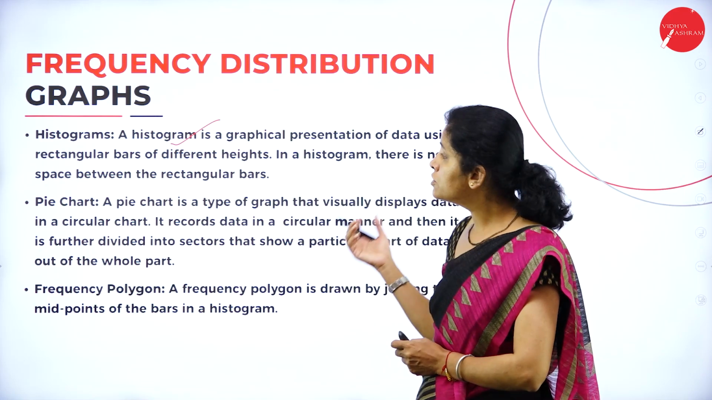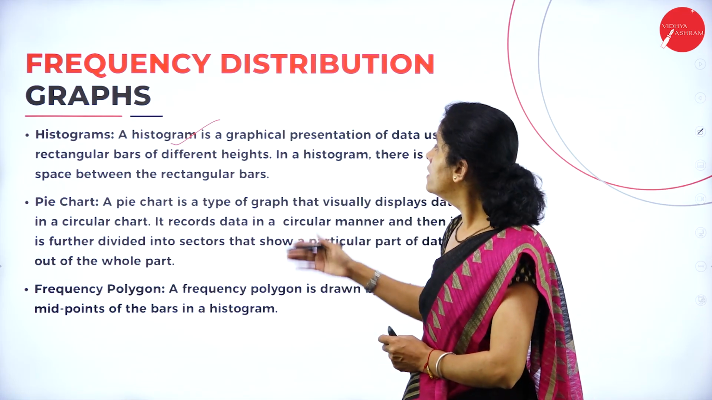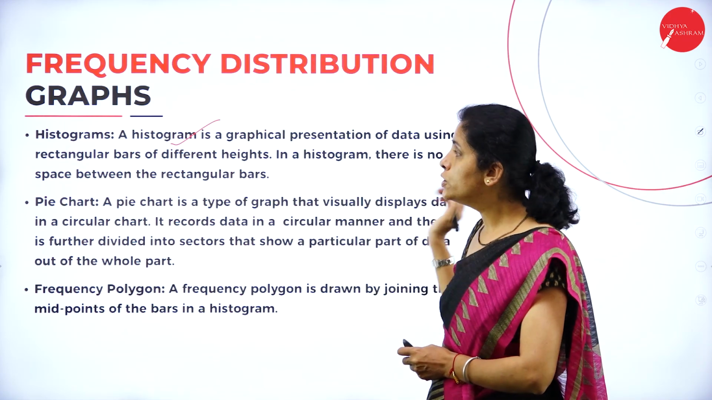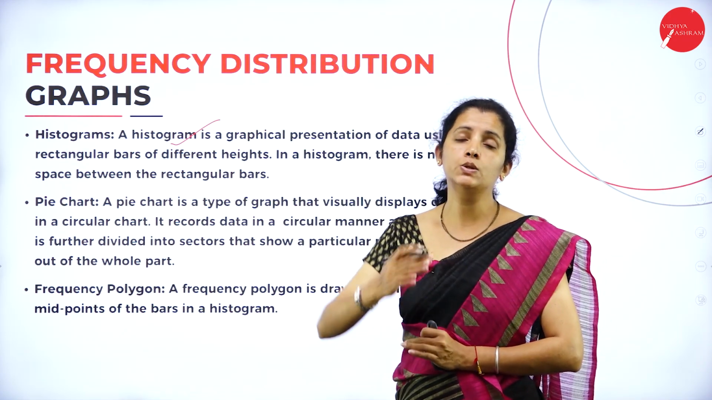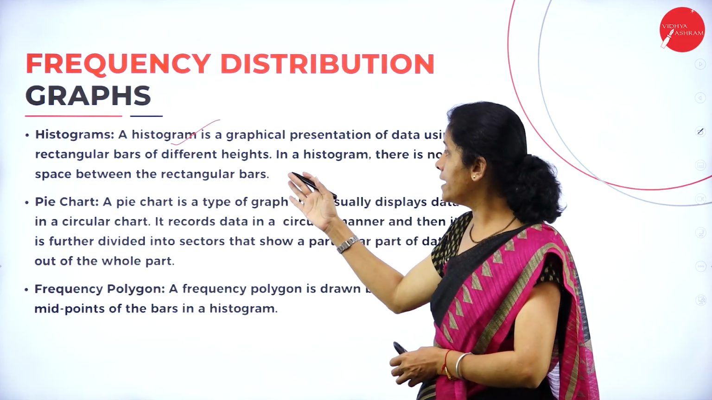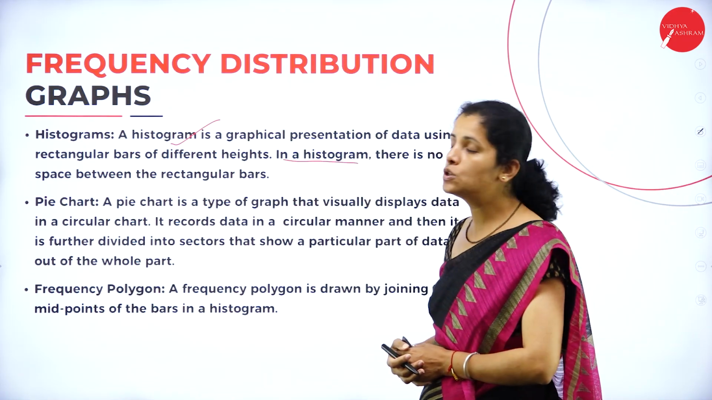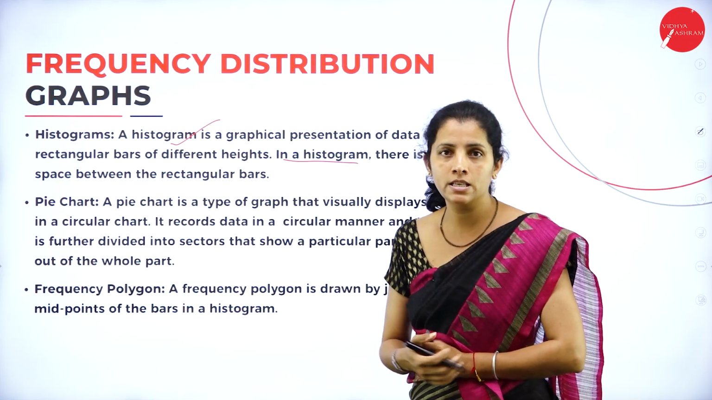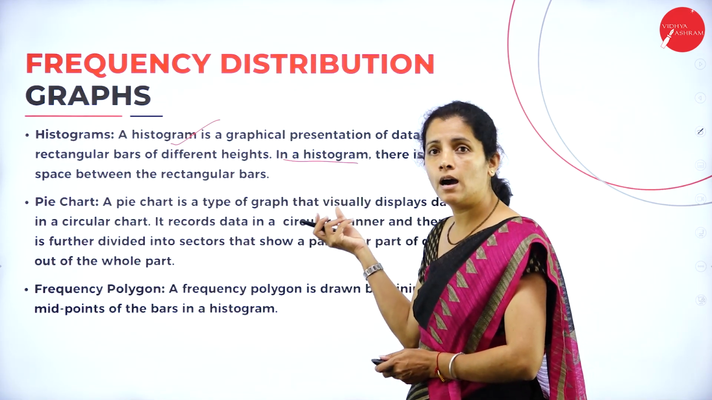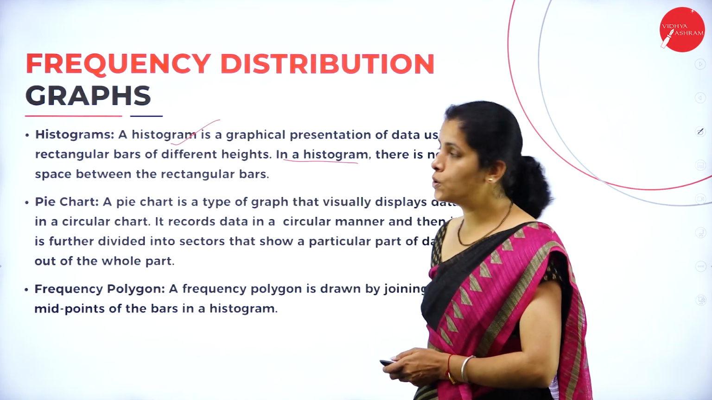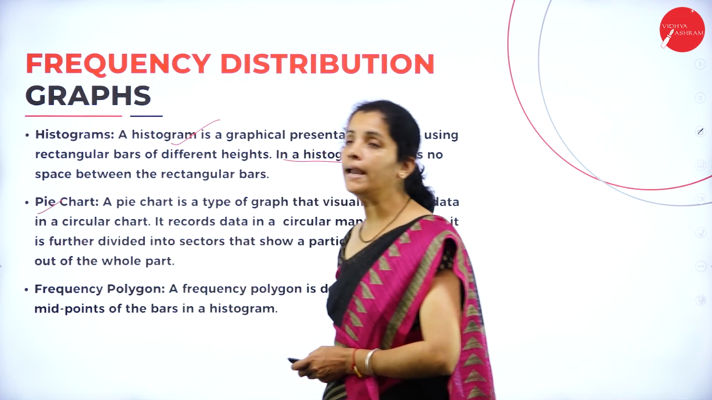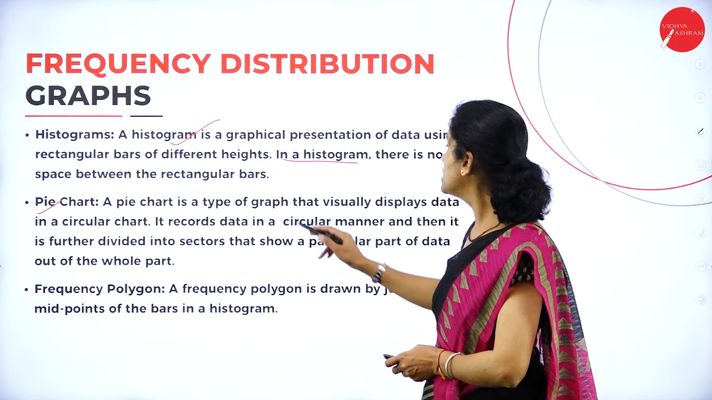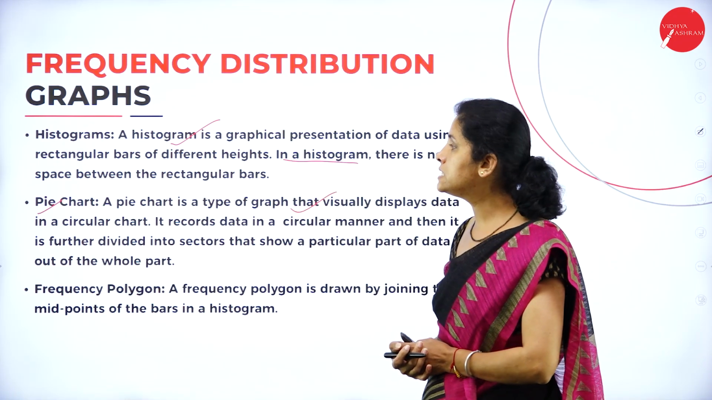So here the histogram is once again an example of graphical representation using rectangle bars with different height. In a histogram, there is no space between the rectangle bars. Okay, there is no spacing between rectangle bars in a histogram. And if I consider the pie chart, a pie chart is a type of graph that visually displays data in